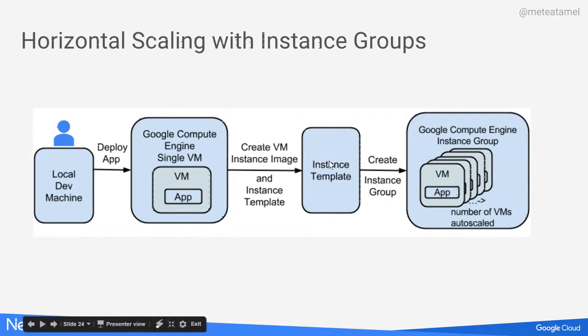So once you have the instance template, from there, you can create an instance group. And this is where all the magic happens. Basically, with an instance group, you get multiple VMs, load balanced behind a load balancer, and they have health checks. The load balancer uses the health check to check your app. And then it also has auto-scaling, so if you need more than one instance, it will automatically scale. So the instance group basically gives you all the stuff that you need to run your application in production. I'm just going to show you quickly what the steps are for you to set this up.